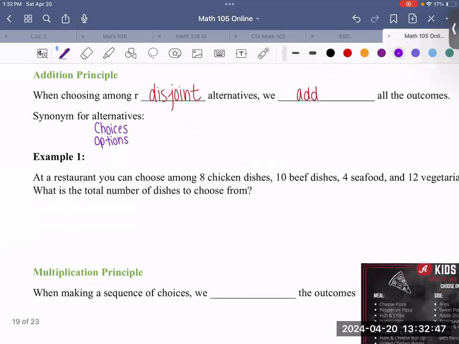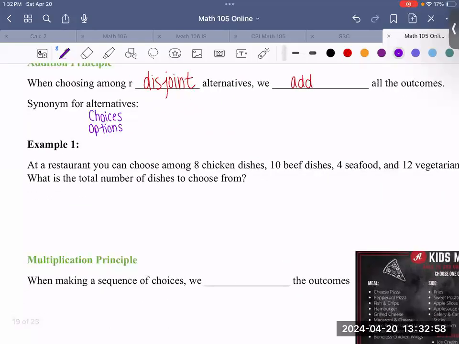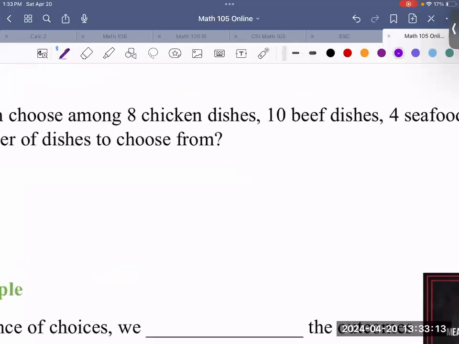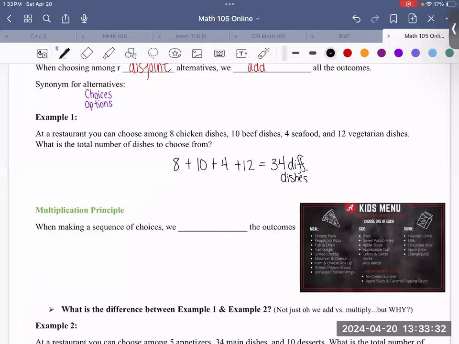So for example, it says at a restaurant, you can choose among 8 chicken dishes, 10 beef, 4 seafood, and 12 vegetarian dishes. What is the total number of dishes to choose from? So they're not telling us, hey, you have to do this, this, and this. No, they're just saying, hey, what are the total number of options of dishes that you can choose from? Your different alternative, your different choices. So if we get your 8 chicken plus your 10 beef plus your 4 seafood plus the 12 veggie, then we get 34 different dishes. So of my 34, I might end up picking just one of them, right? But I want to know, hey, what are all the different things that I can choose from? So that is if they have